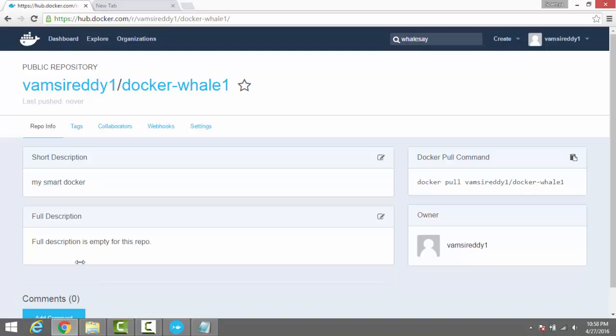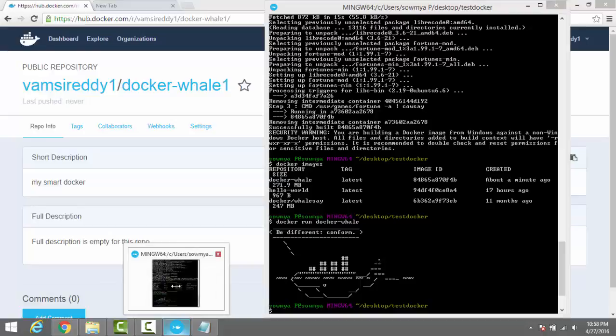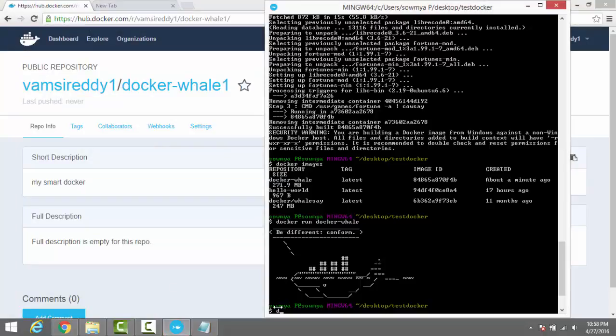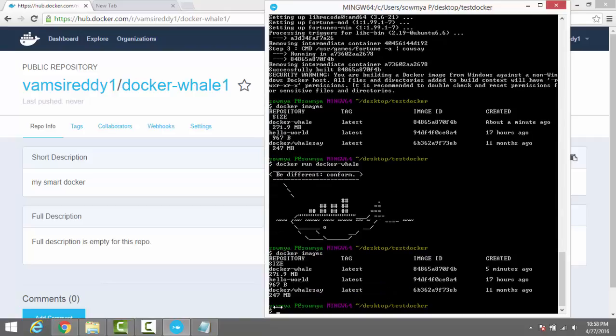And go to the Docker startup and give this command to show what you are pushing to your Docker Hub. It shows your new image, and find the image ID for your docker-whale image in this list, and use this image ID